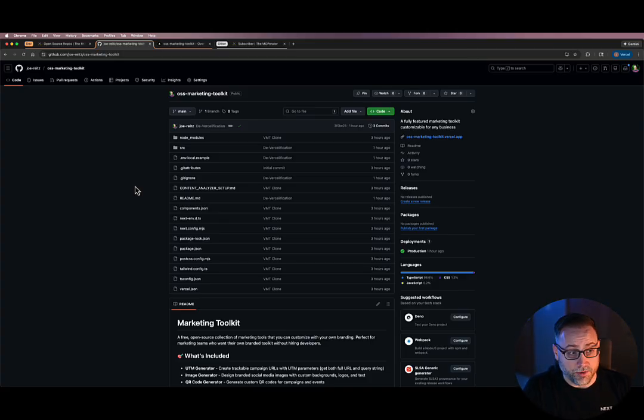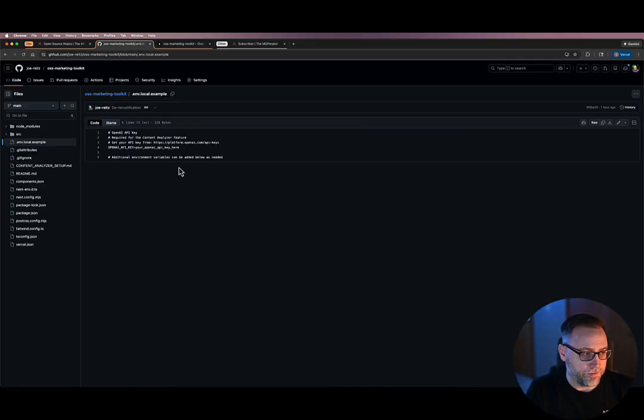If you've been to GitHub before, which you probably have, you've probably seen pages like this, which is just a bunch of files and a bunch of folders in a file system somewhere. I can navigate to some of these and look at what they are. This local environment variable markdown file is just a very simple example of how you could fork this, add your own API key, remove the .example from the file name, and then render this in your local environment and start seeing how the code actually works in this application. And the thing we're looking at right here is actually